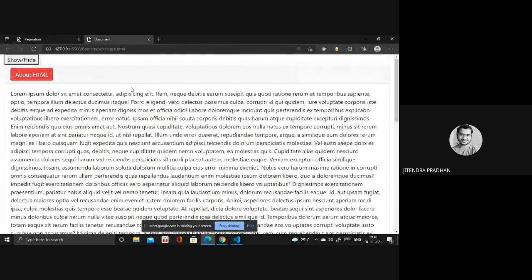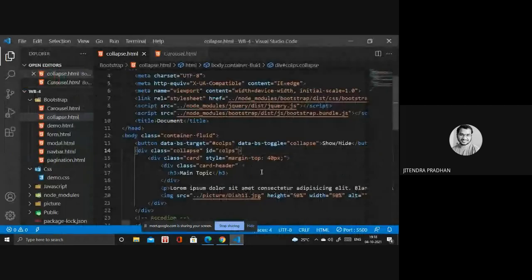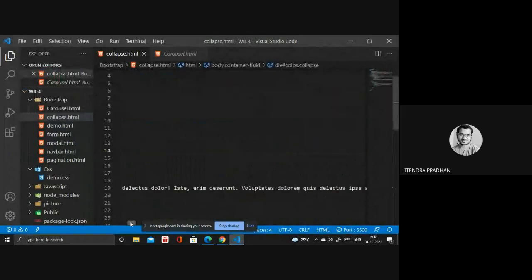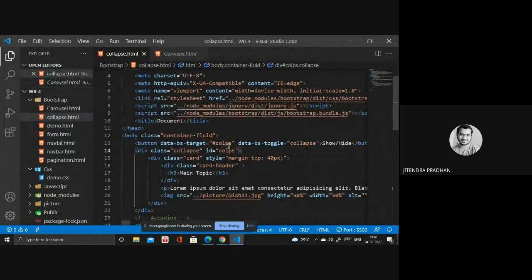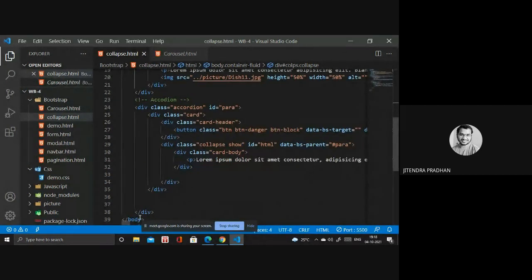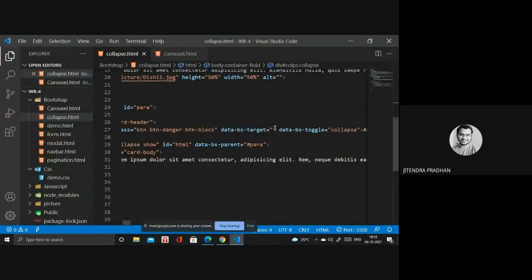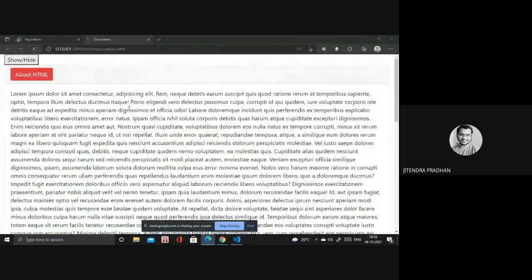When I click that button, wait, data-toggle collapse. Yeah, data toggle. So what is that? We are giving the button, right? Inside the button we are giving the btn target. Yeah, you have to write the target button HTML. That's why it's not working. Okay,